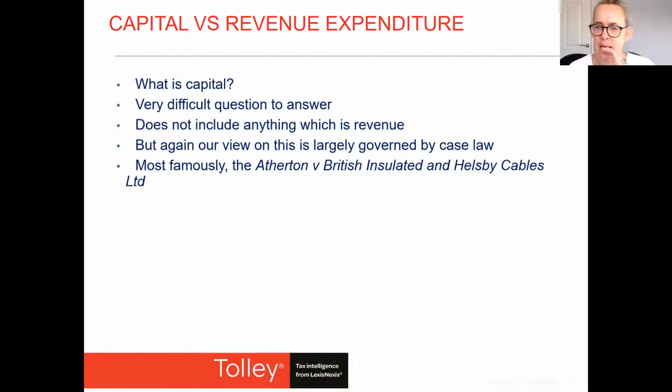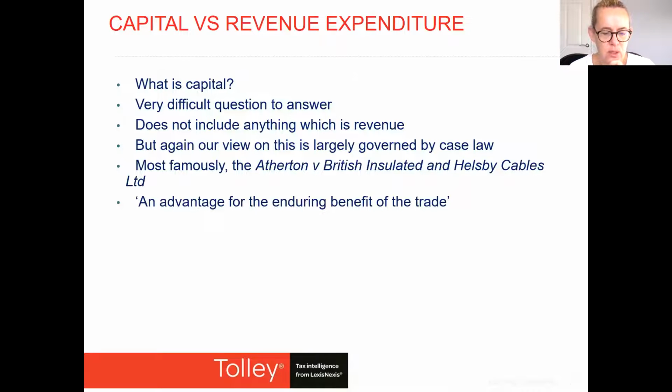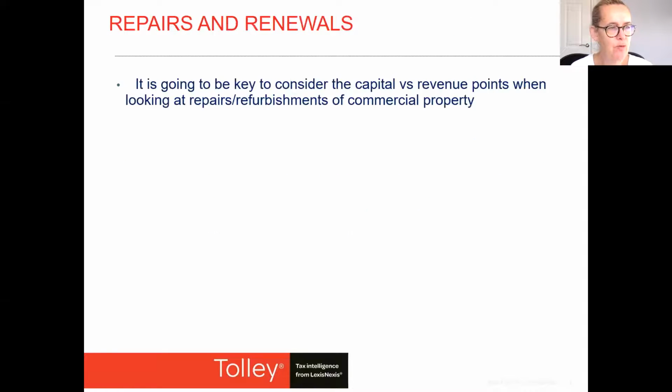So the case that's always quoted is a case called Atherton v British Insulated and Helsby Cables, which is the case that's always quoted, but in my view is not particularly relevant. It talks about an advantage for the enduring benefit of the trade. But in the context of something like repairs and renewals, I'm not sure that that is really very helpful. The key that we have is basically,